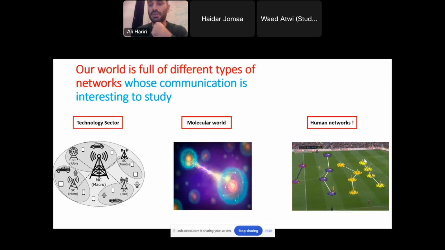the human networks. So human networks that can result in scientific collaborations, that can result in team sports, as is shown in this figure. Now, the reason I show this figure is the motivation. In team sports, we have, like in this case, 11 players communicating between each other for a certain task. And we have a graph, and the end goal is to score a goal.